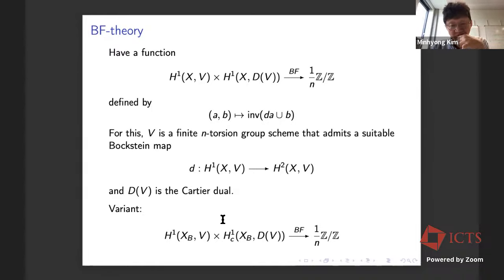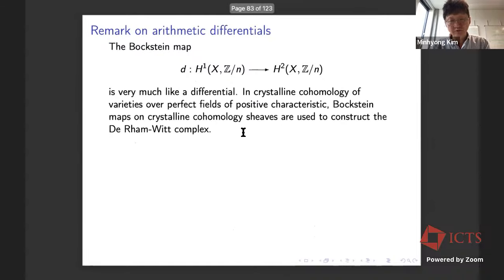In that case, you get a two-variable function, just by taking A, B to the invariant of dA cup product B, right? Because dA will be an H2 class, which then, when you take the product with V, will give you an H3 class, again with coefficients in mu n. Then you'll get this kind of BF function. This is a terminology from physics that doesn't make any sense in this context, but I'm continuing to use it. You get this two-variable function. So that's another example of an arithmetic functional of some sort.